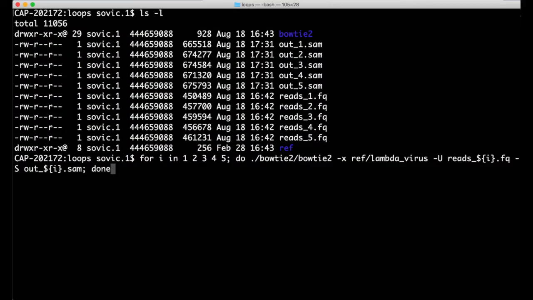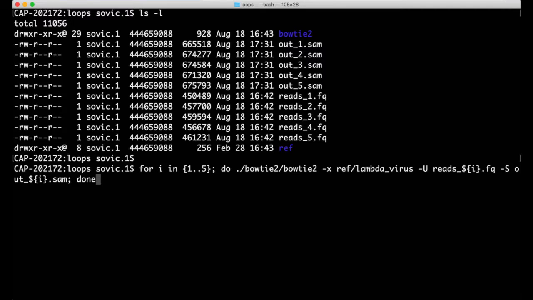A couple points about notation with the loops. First, if you now hit your up arrow to see your command history, you should see the loop that you just ran, but notice now it's all on one line, and the different chunks of the loop, the for, do, and done parts, are separated from each other by a semicolon. This notation is equivalent to what we ran before. Also, if you intend to loop over a sequence of either numbers or letters, you can provide a range of values instead of giving each one individually. For example, I can replace the 1, 2, 3, 4, and 5 in the previous loop with 1 to 5 in curly brackets. Likewise, I can use a to e in curly brackets to define the range of lowercase letters from a to e.